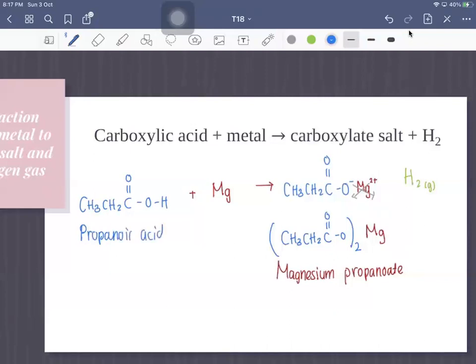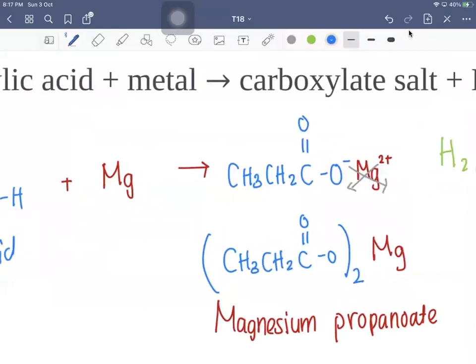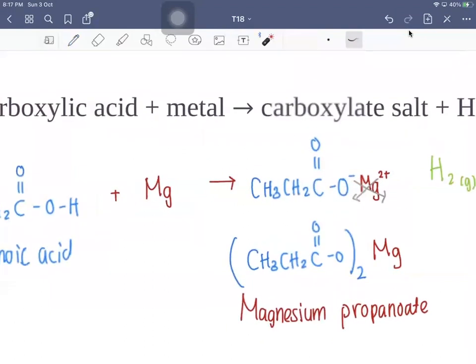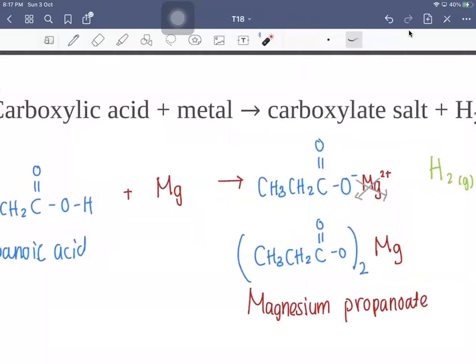So just be careful when the charge is not 1-to-1, so they don't cancel out. When I say 1-to-1, I mean they are not the same charge. If it's +2 and -2, then you don't have to worry about it because they cancel out nicely. So the formula of magnesium propanoate is, well,